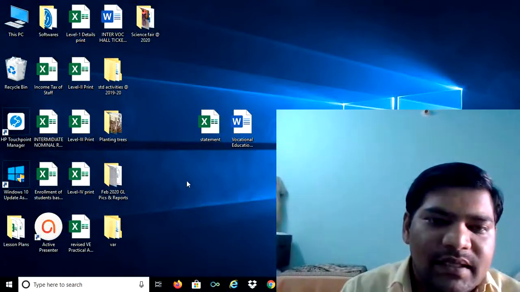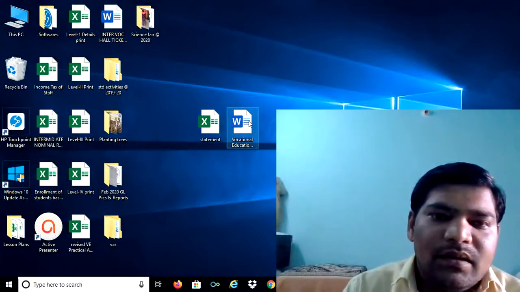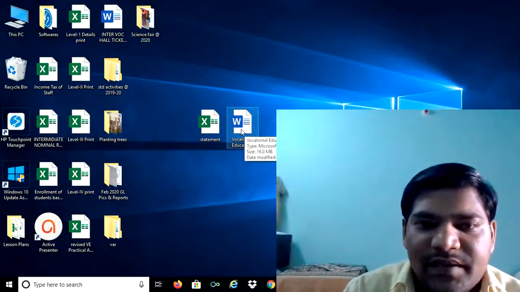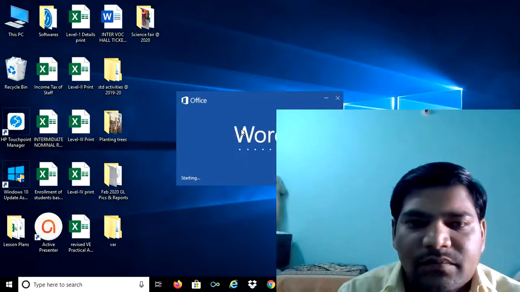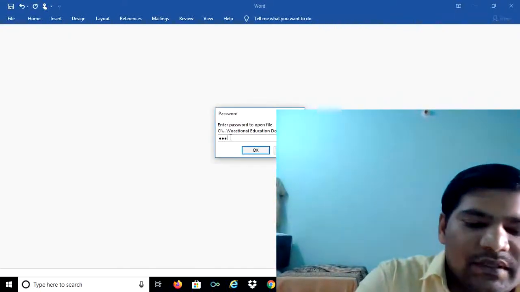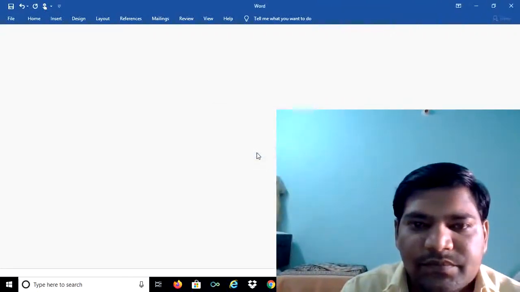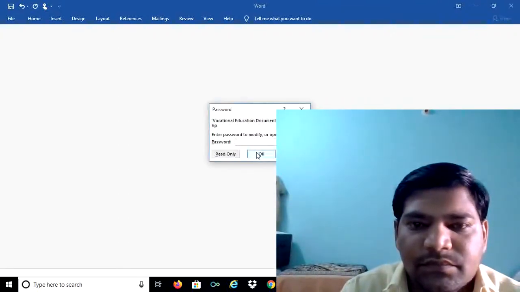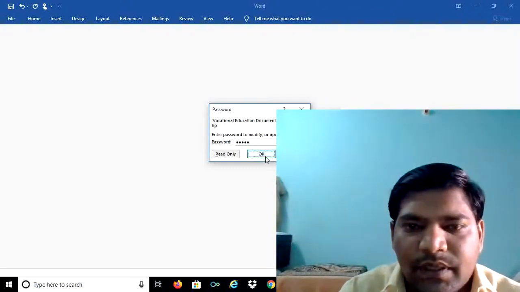Then we can see how to remove the passwords. Take for example vocational education. Open the file. Then we can type the password. Then OK.